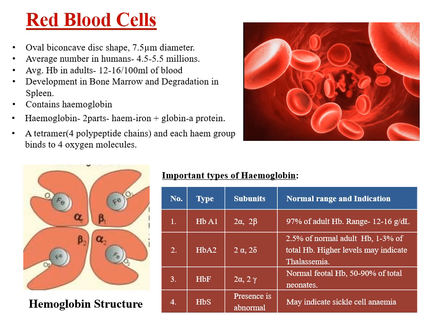First is red blood cells or erythrocytes. Erythrocytes or RBCs are 4.5 to 5.5 million in number in humans. Mature red blood cells are oval, biconcave disc shaped with a diameter of around 7.5 micrometers. They lack a cell nucleus and most organelles like mitochondria in order to accommodate maximum space for hemoglobin. They can be viewed as sacs of hemoglobin with a plasma membrane as the sac.